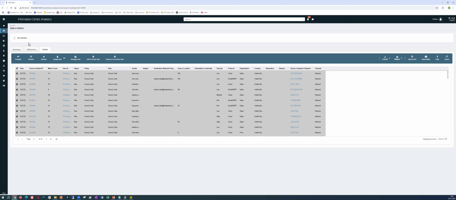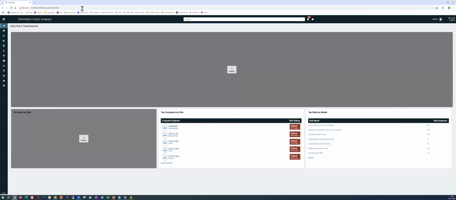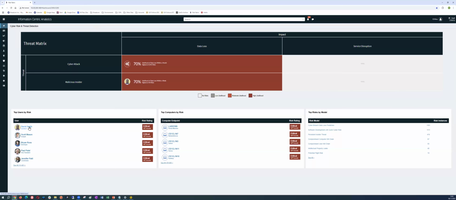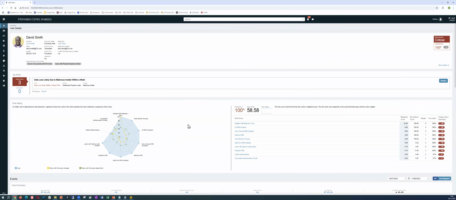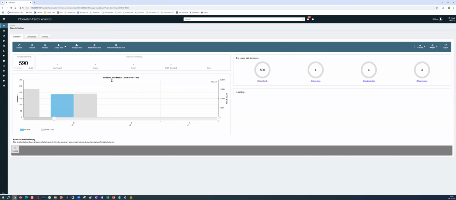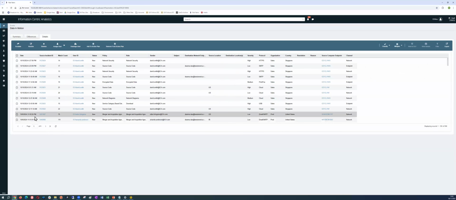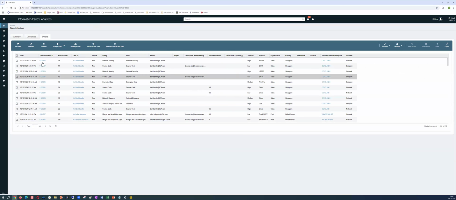Another important note on the automated benefits of this: if we go back to the risk overview dashboard and click on David again, and look at some of these incidents rolled up by David and at the details, what we can do here is, if we have a separate team of responders or analysts looking directly at the incidents and making resolution decisions from here, it's not configured out of the box, but what you can do is configure that